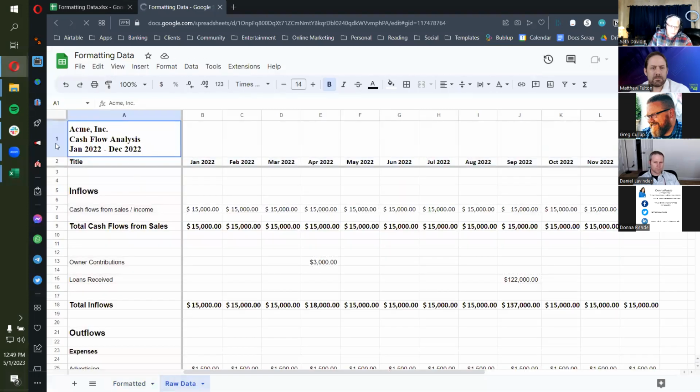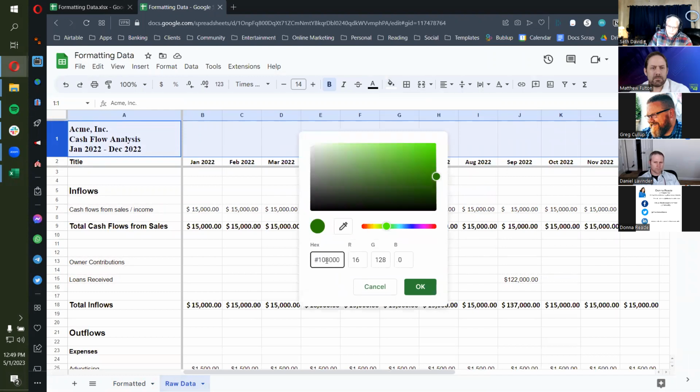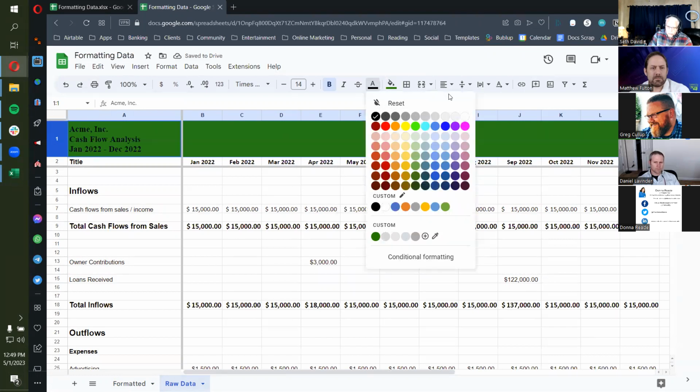Let's go to the raw data. I'm going to select this whole row. Here's my paint palette. Okay. And then conditional formatting, not conditional formatting, I want custom. It happens to be here already because I've used it recently. But if I want to go pick a custom color, or add rather, then I can paste my hex code right in there. It finds it. I'll click OK. And again, I want my white font.